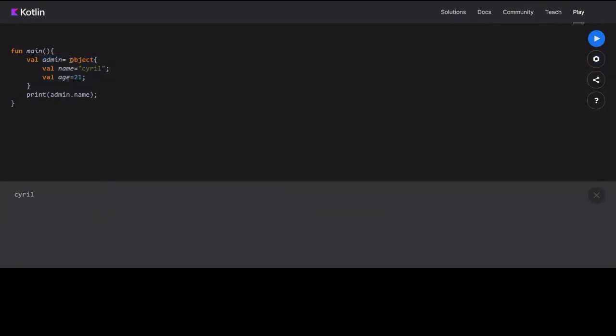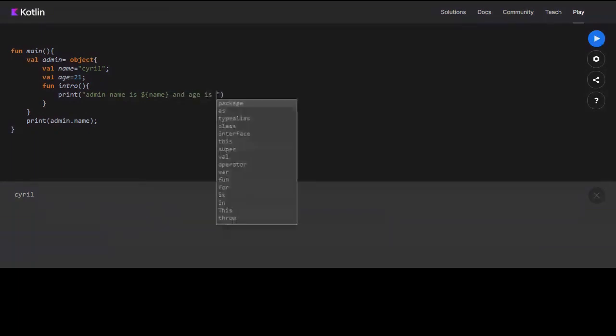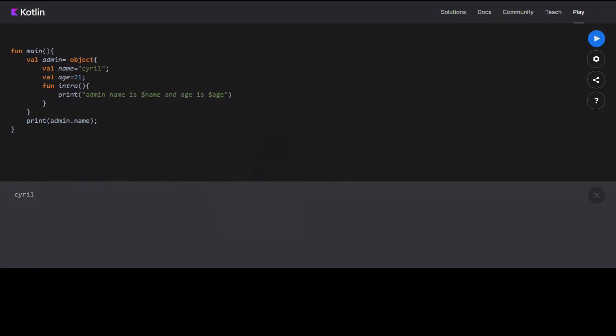So we can use object classes, we can also define functions, like a function, let's say intro, and let's say print admin name is dollar name and age is dollar age. Okay, here also we don't need this.